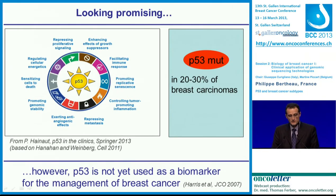So P53 looks very promising as a tumor biomarker, since you can see on the left panel that P53, this picture has been called the Copernican view of P53. P53 is right at the center of so many pathways in the cell, many pathways that are involved in tumor regulation, tumor proliferation, or tumor suppression. Also, on the right panel, you can see that P53 is very frequently mutated in breast cancer in 20 to